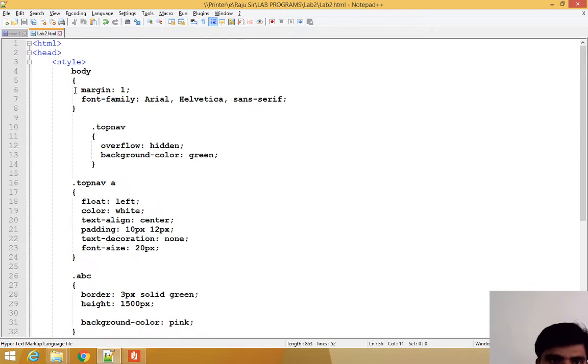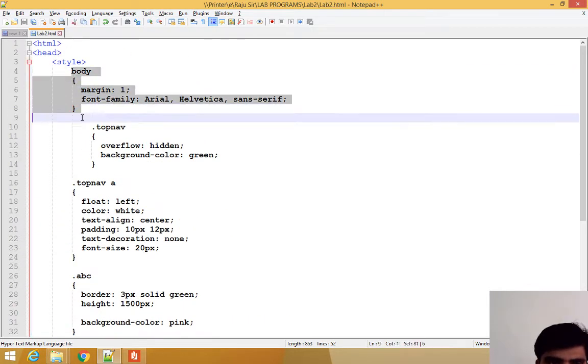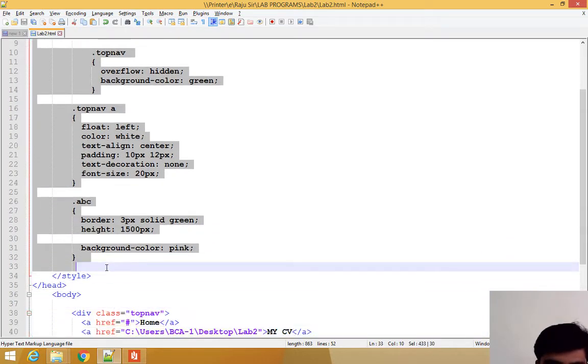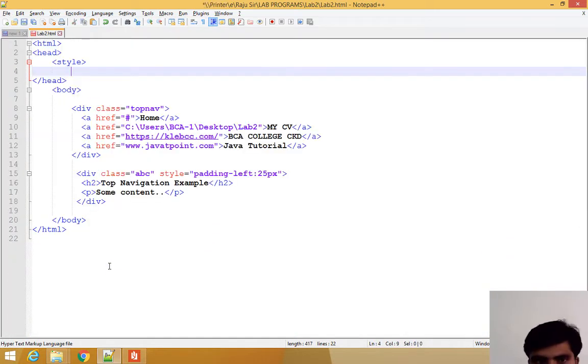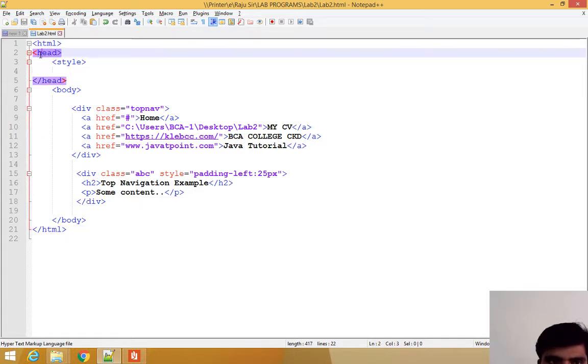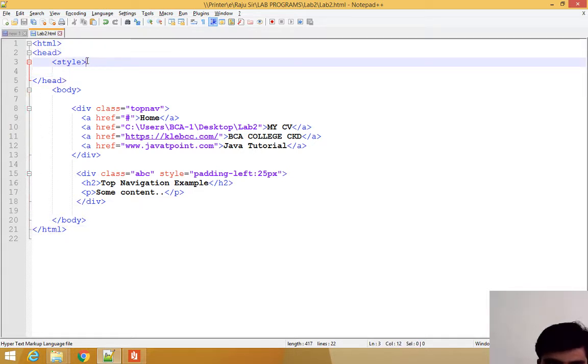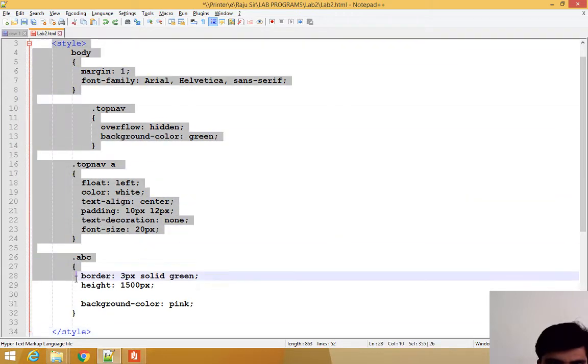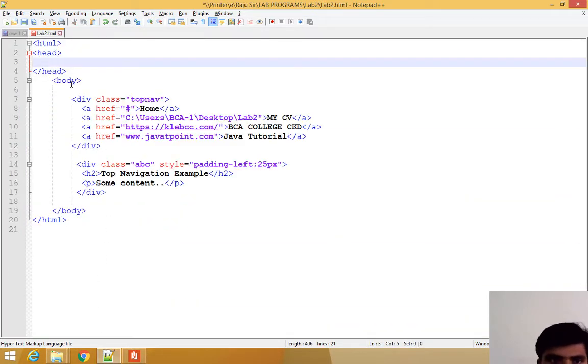First, I want to remove this one, do not worry, I will write after this. I am saving this one, you know already how to save. In this code I am following the structure of an HTML document: the HTML root tag, head, and title also you can use, no problem.